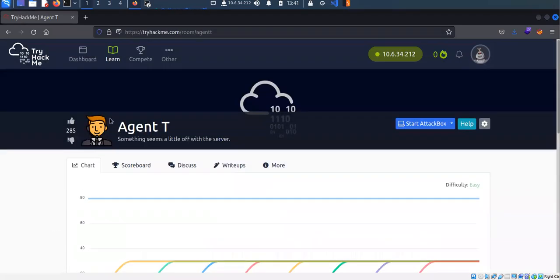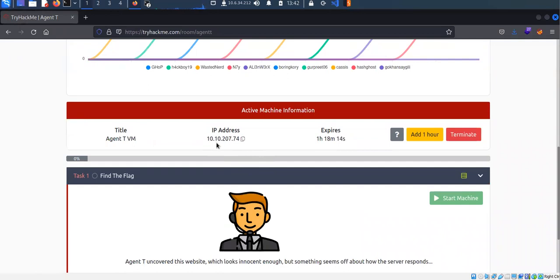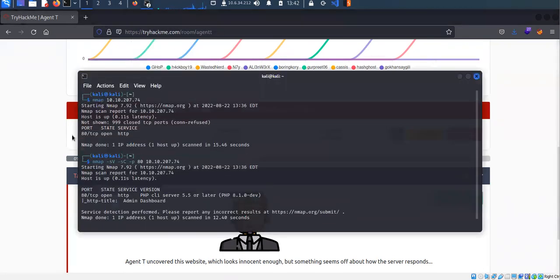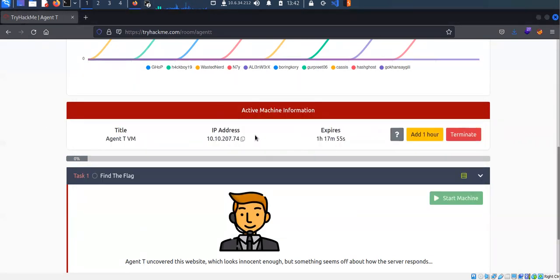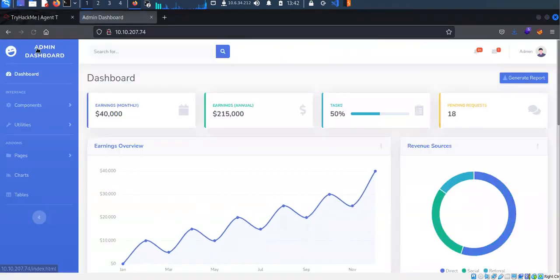All right, I worked on this machine called Agent-T by TryHackMe. It's a straightforward machine, has an IP address of 10.10.207.74. As a start, I went through this simple port scanning using Nmap, and the result shows that port 80 is open. And if we go to port 80, it takes us to the admin dashboard,